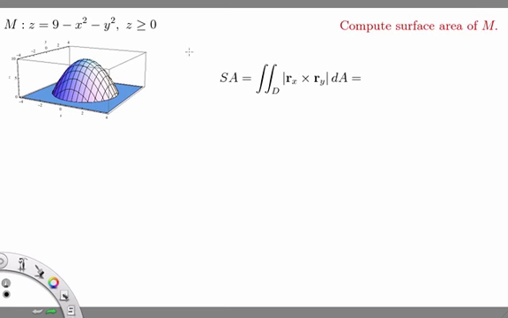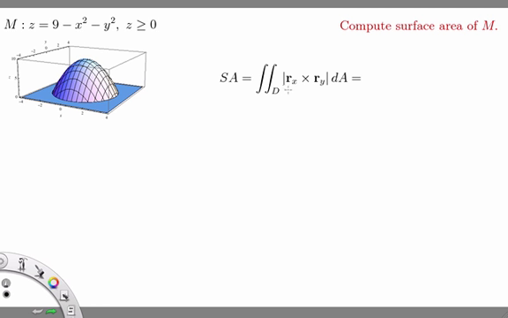Let's work through an example of computing the surface area of the surface M, shown here. The surface M is the graph of the function 9 minus x squared minus y squared, and it's the portion of the graph that lives above the xy plane, which is where z is greater than or equal to 0. The method that we're going to use to compute the surface area is we're going to compute this specific double